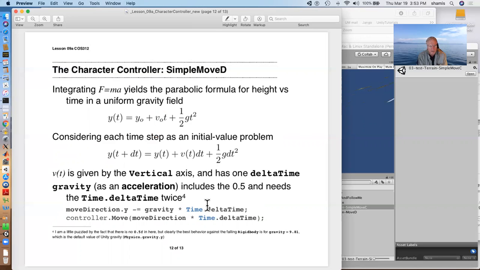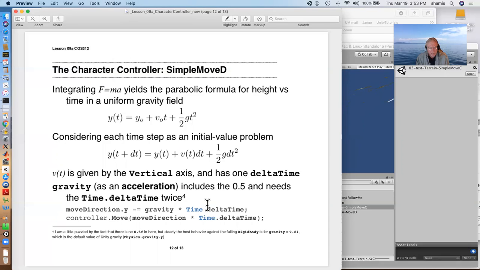Our F equals ma integrates to a parabola. Y as a function of time is its initial position plus its initial velocity times time plus 1/2 the acceleration times time squared. If we think of each time step as an initial value problem,